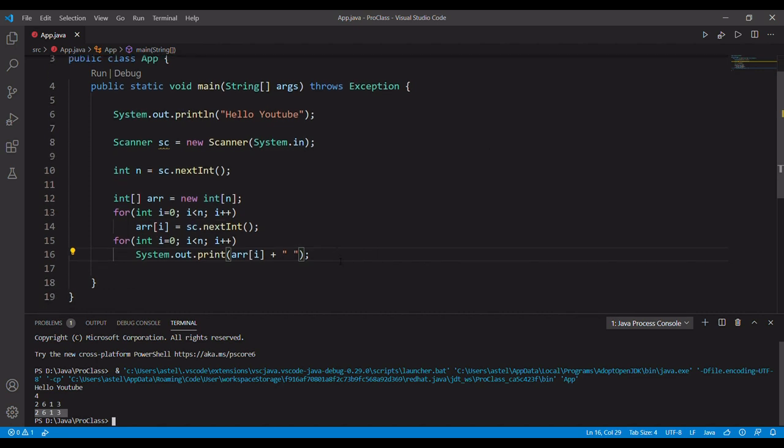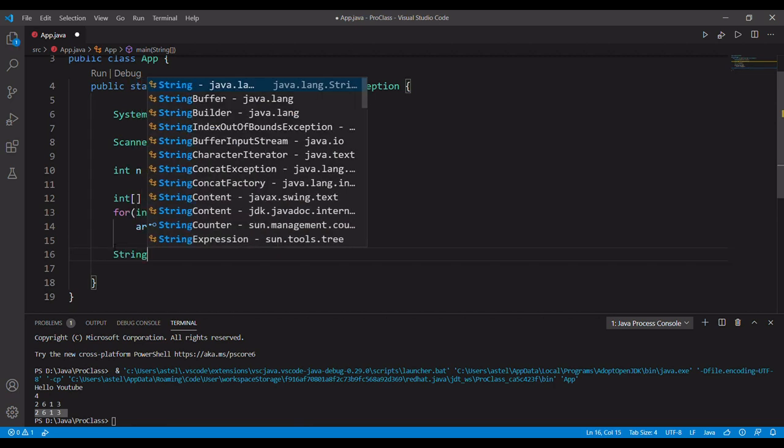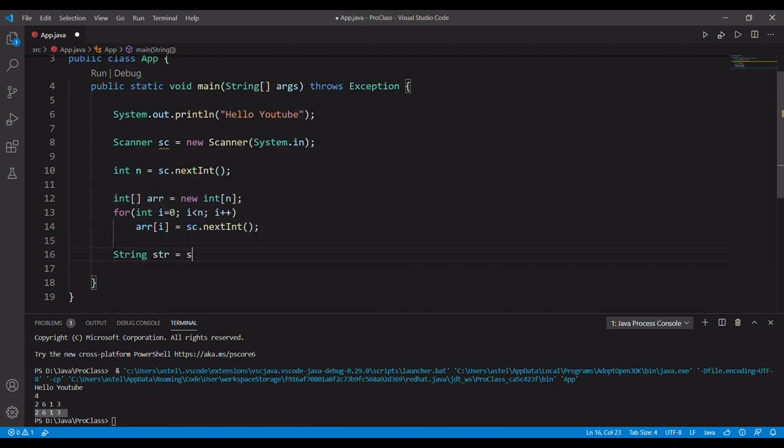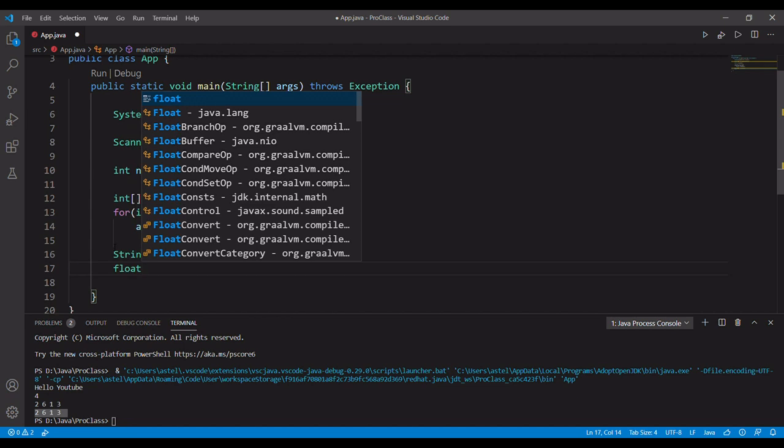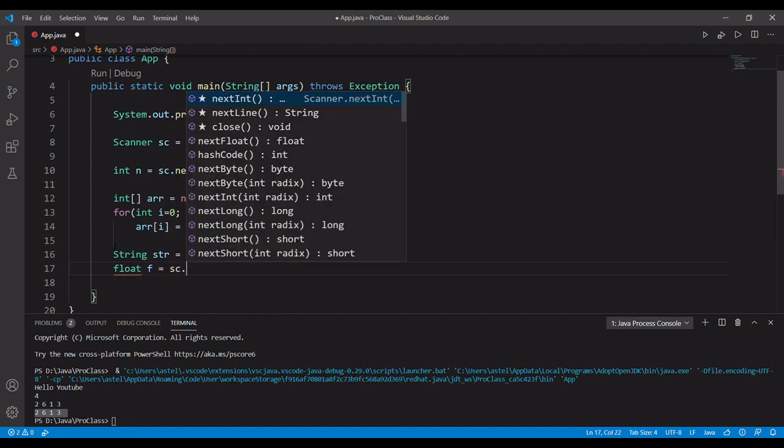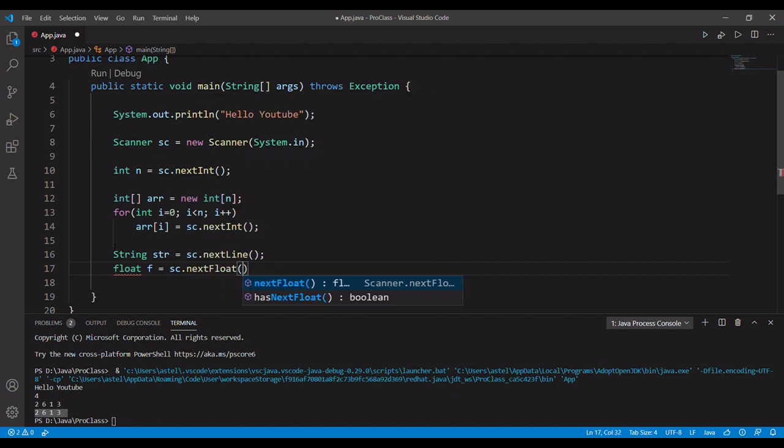Let's try for other data types in Java. Let's say if I want to input a string, then I will call the nextLine method. Similarly, if I want to input a float, then I'll just type nextFloat.